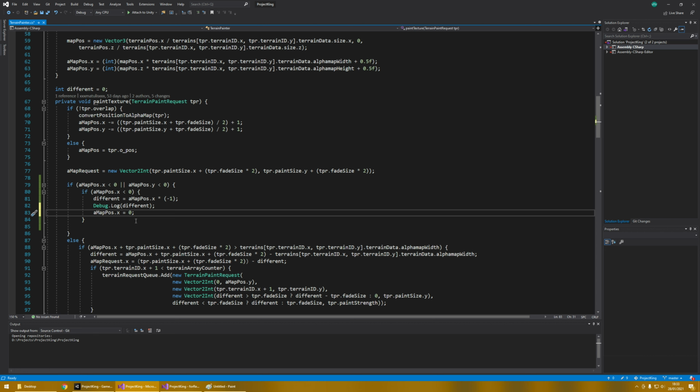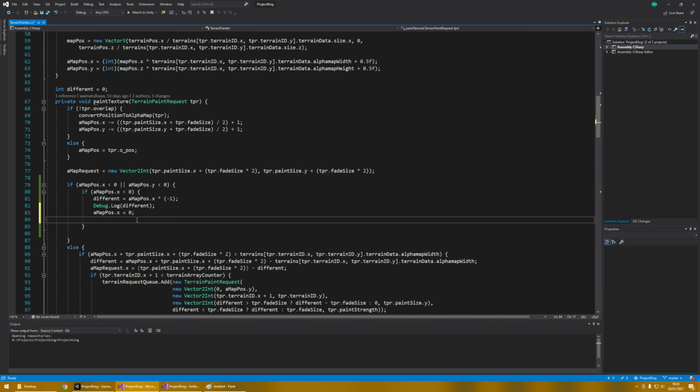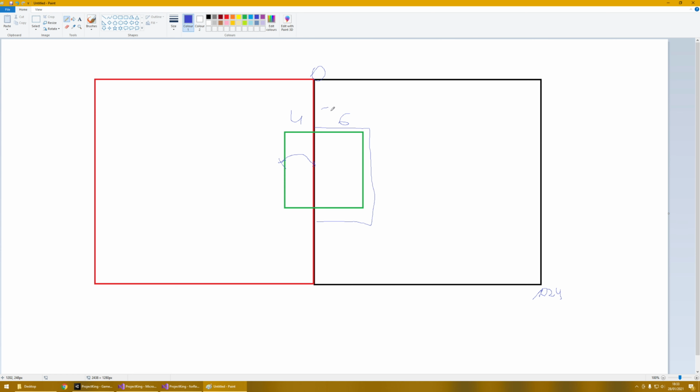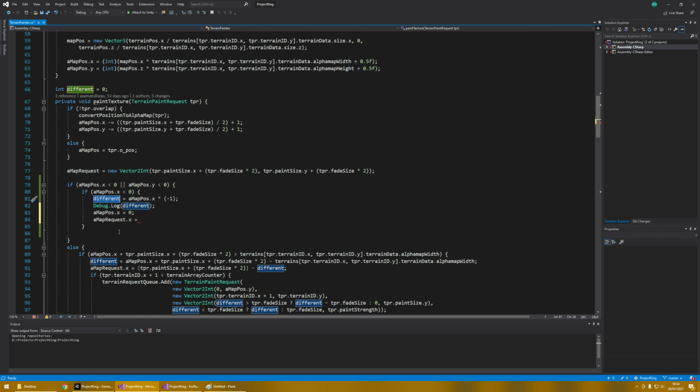we need to calculate a new request. That's the way: map request dot x. It will be, as I mentioned here, 6. To get that number, we take the whole length minus 4. Well, in this case it's 4, but in any case it will be different. The difference is the number of pixels we are on the other terrain. So map request is terrain paint request dot paint size,